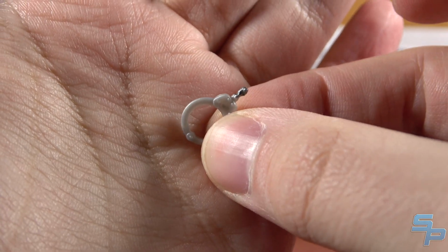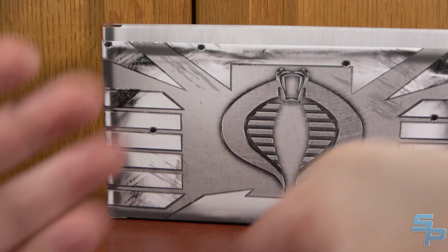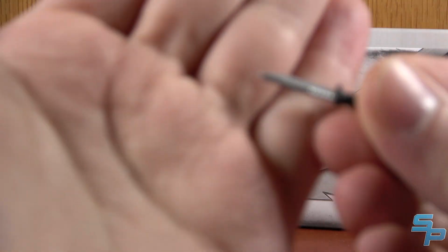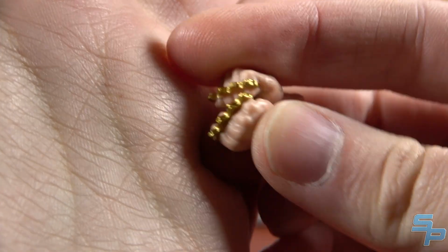He's got a broken handcuff, so if you wanted to have him breaking out of handcuffs. He's got two broken handcuffs, so if you put one on either, we'll do that. I think that'll look cool. And then he's also got a joined set of handcuffs that he could be captured in. Standard kind of pistol look, and of course a standard knife. And then he's got two fists to go with his open hands, but these fists are brass-knuckled fists, which